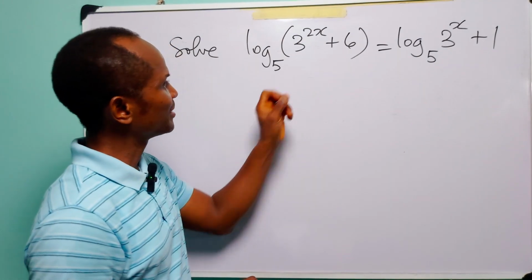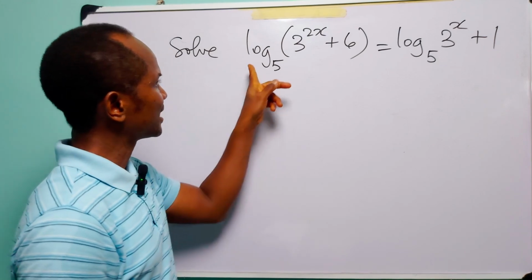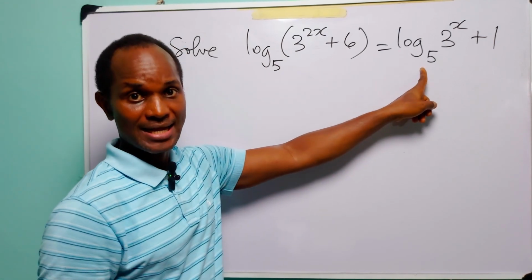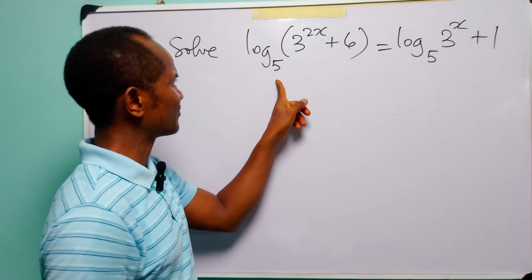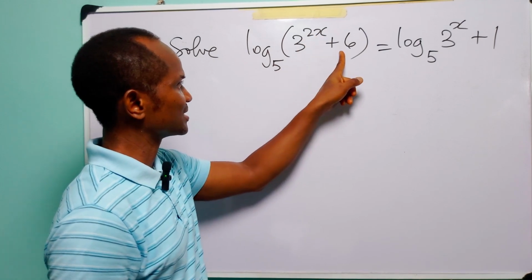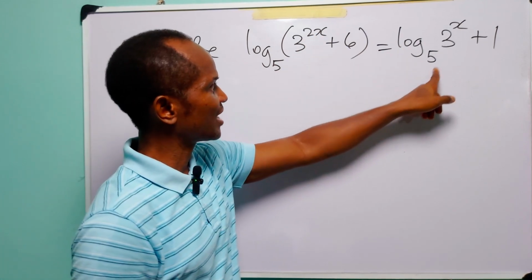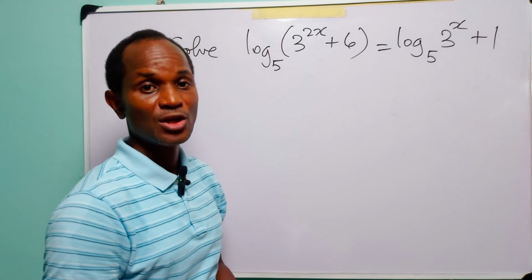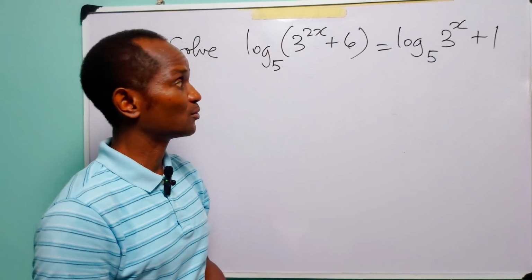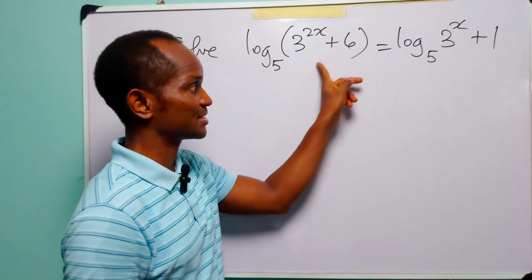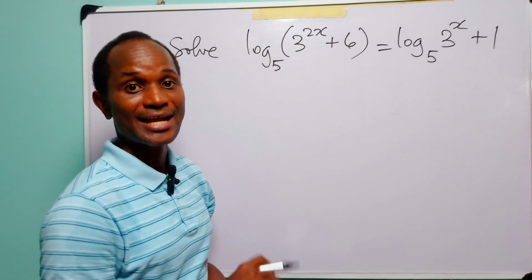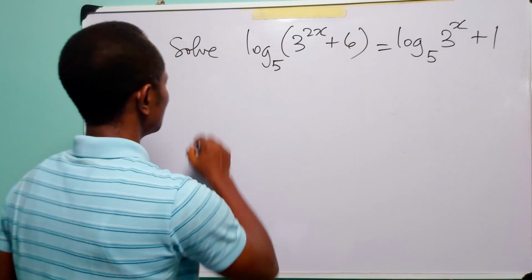When you look at the logarithmic equation on the board, you'll see that these two terms are alike, because here we have log to base 5 of 3 to the power 2x plus 6, and here we have log to base 5 of 3 to the power x. So the first step to solving this equation will be to group these two terms that are alike on one side of the equation. And when we do that, we have